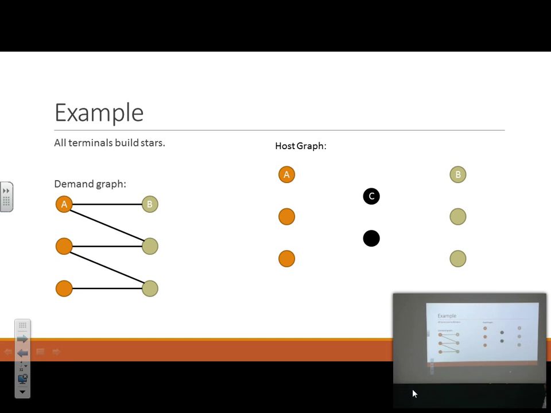Okay, and one way you could build this solution is A builds that single edge, that second guy builds both, and the third guy builds this edge, and B then builds that edge, that middle guy builds that edge, and this guy builds this edge. Okay, so in this case, actually everybody is just building stars, okay, and every pair that needs to talk to each other like A and B, this guy's star and B's star intersect somewhere, they overlap, okay.